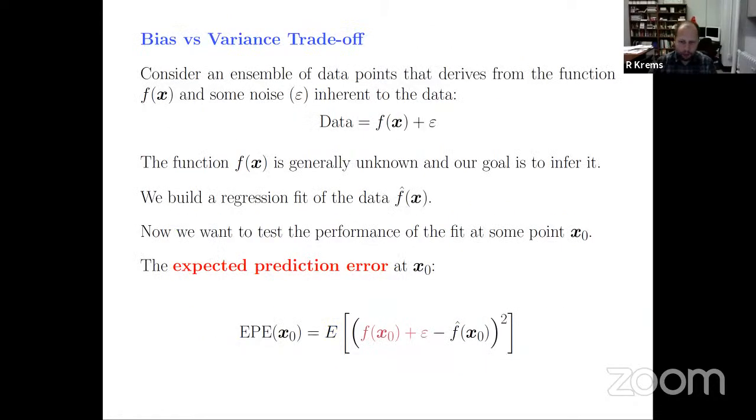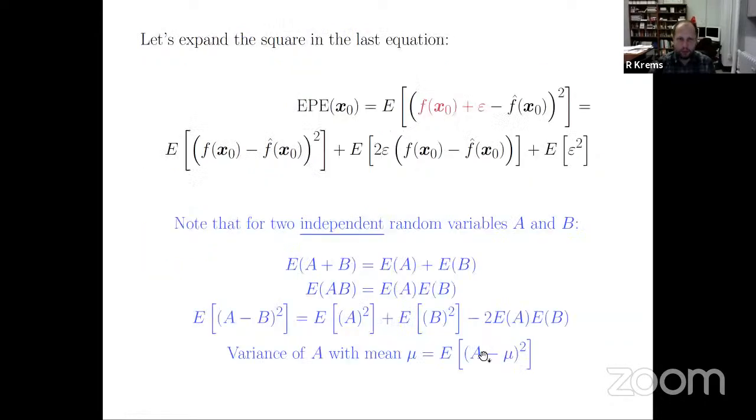Now we're just going to expand the square here and see where it leads us. If we expand the square, we're going to have this term, then this term, and then this term. This is trivial math. Now, this part here is just the variance of the noise, so there's nothing we can do about it. This is just given to us by the noise of the data. So what do you think this term is going to be? Perhaps you could tell me.